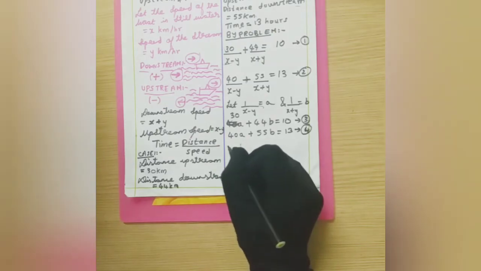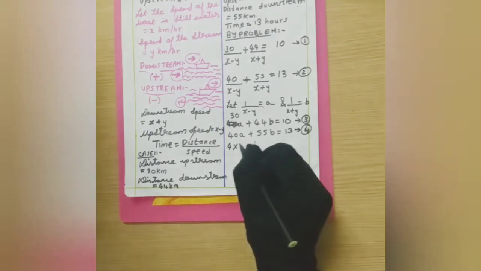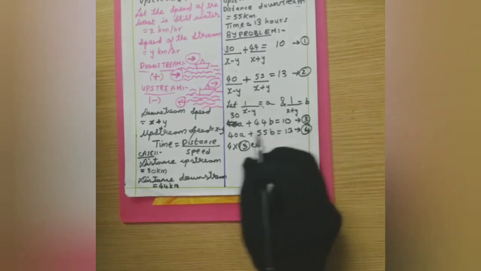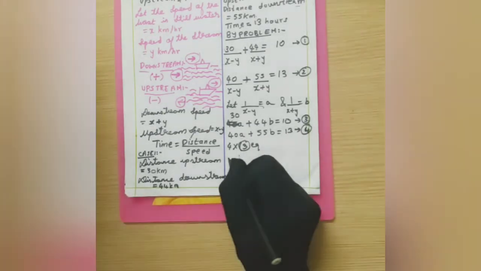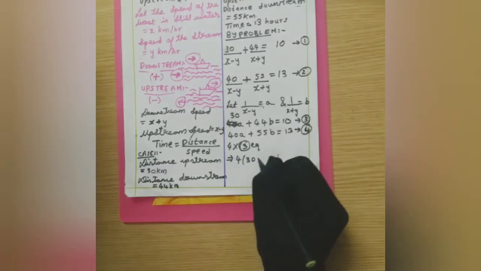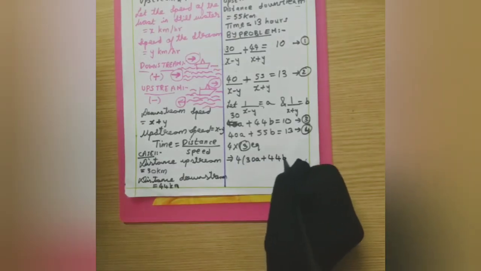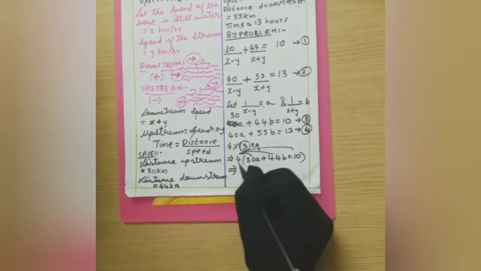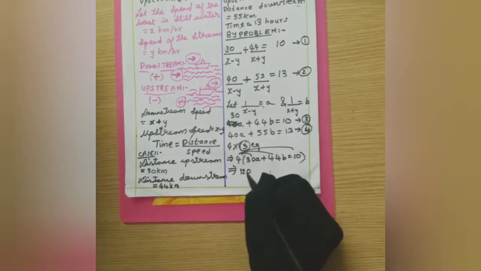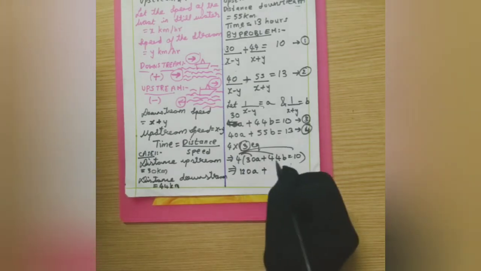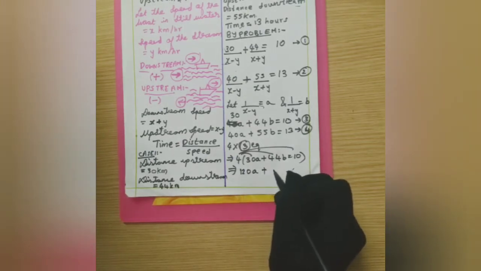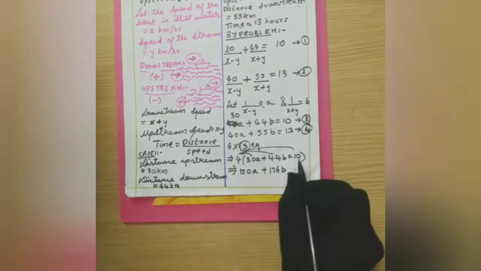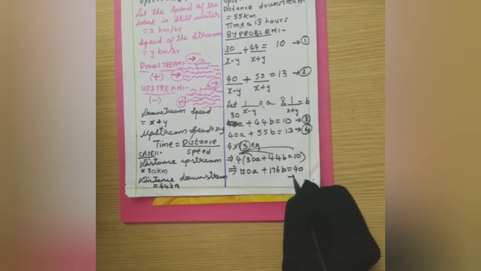So what I am doing here, I am multiplying equation 3 with 4. Okay, 4 into equation 3. So 4 into equation 3 means what will the equation become? 4 into 30a plus 44b is equals to 10. Multiply with each term. 4 into 30. 4 3s are 12 and 1 0 I have. So I'll write 120a plus 44 4s are, 44 4s will give me 176b. Okay. And 4 10s are 40. This is my fifth equation.